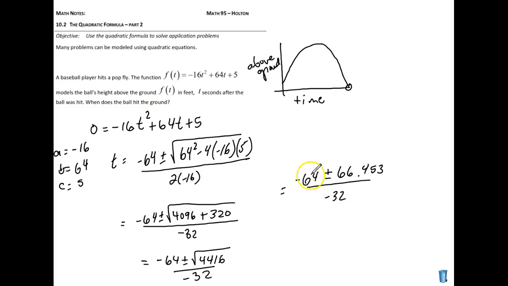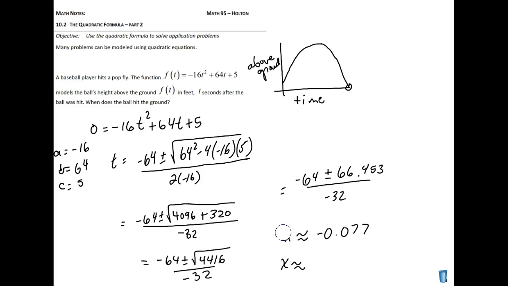So I have negative 64 plus the 66.453 all over negative 32, and negative 64 minus the 66.453 all over negative 32. That's two different answers. The negative 64 plus my 66.453, when I divide it by my negative 32, I get negative 0.077. And when I do negative 64 minus the 66.453 and then divide by the negative 32, I get